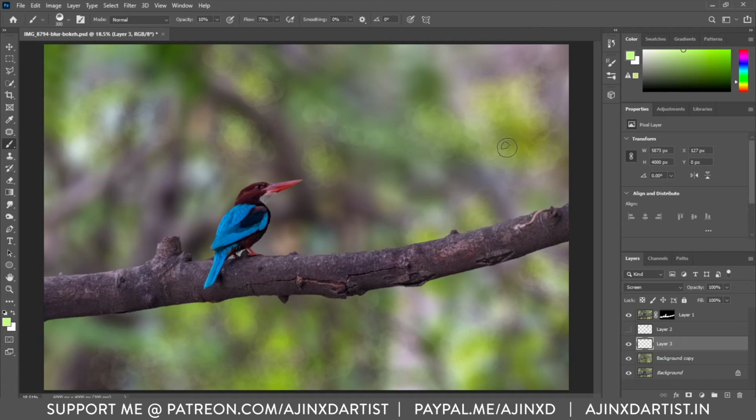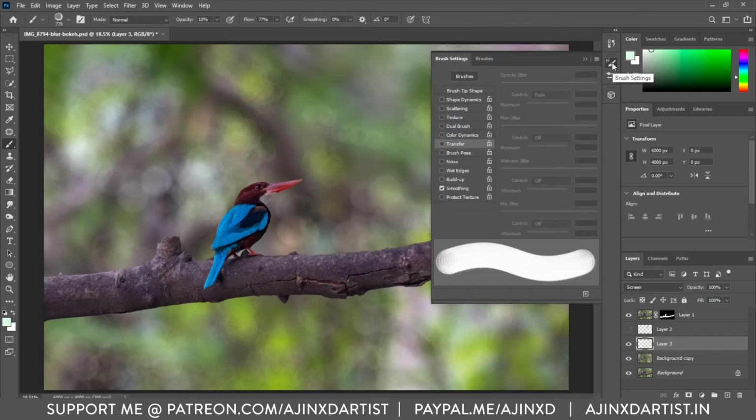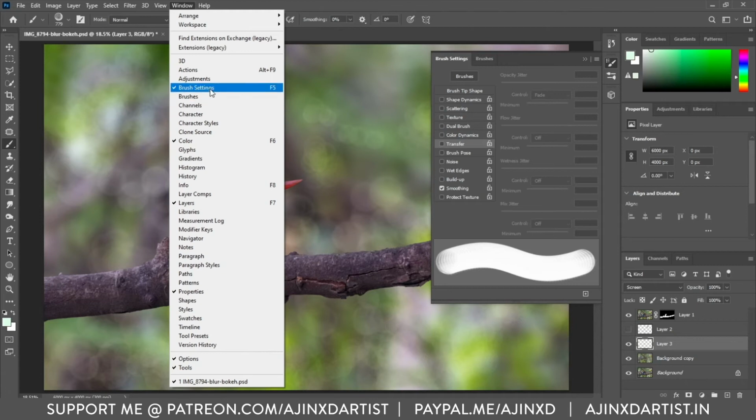The background is a bit too much and I'm going a bit crazy with the bokeh brushes, but usually what happens is you need to focus only on the areas where you see brighter colors or where you see light coming in the image. The problem with bokeh brushes is we have to apply it on the brighter areas to make it look natural, but they are only visible on darker parts because we are using a lighter color and opacity as well.